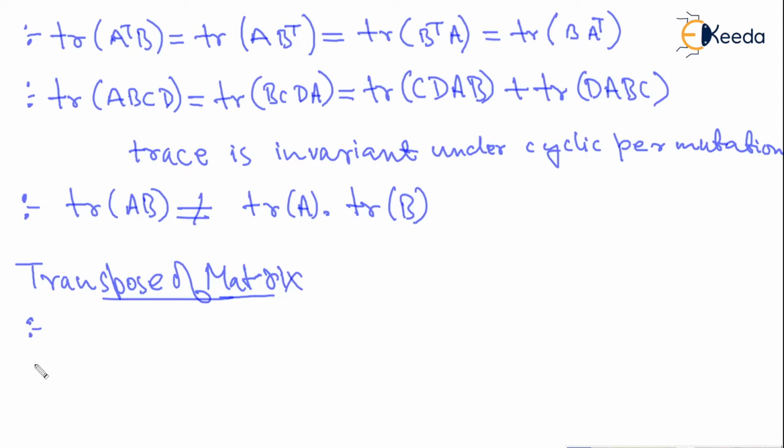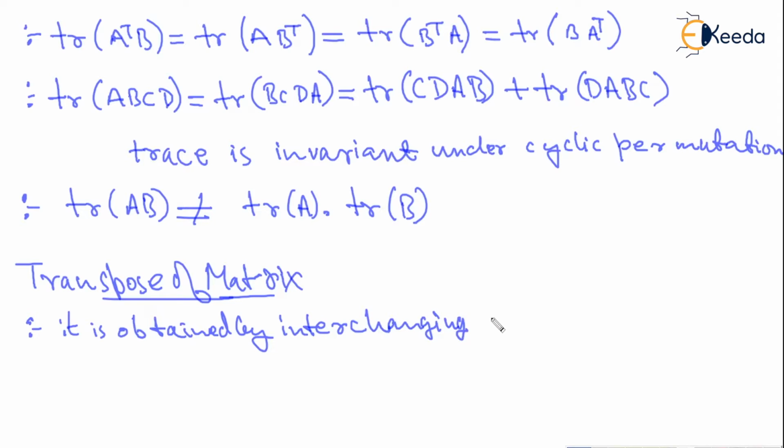And the transpose is obtained by interchanging rows and columns, right? So rows will become columns, columns will become rows,